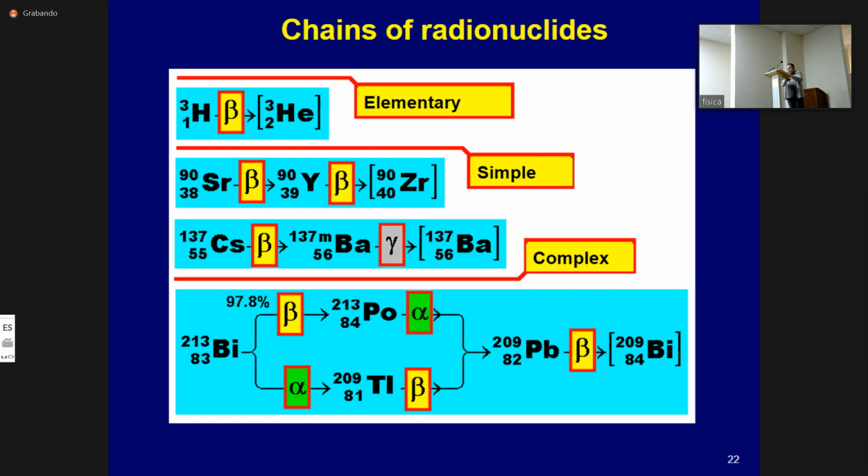The parent radionuclides and their descendants form a radioactive chain or radioactive family. The chain of radioactive decays stretches until a stable nuclide arises as a result of nuclear transformation. The sum of nuclei in a radioactive chain obeys a special conservation law: the sum of nuclei in any chain is a constant.